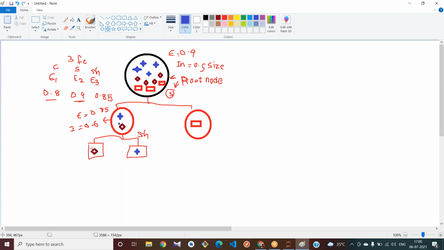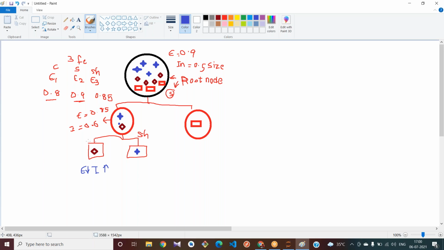By observing this, here there is no entropy, there is no uncertainty in predicting your values. Here also there is no uncertainty. Your entropy value will get decreased, and the information gain will increase.